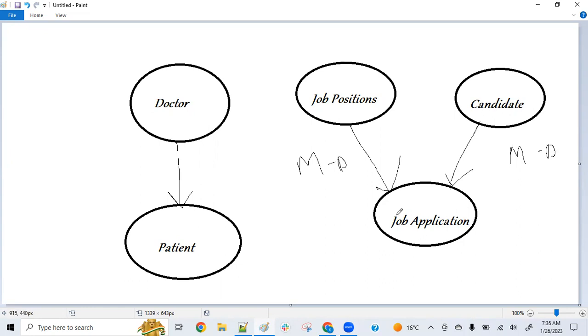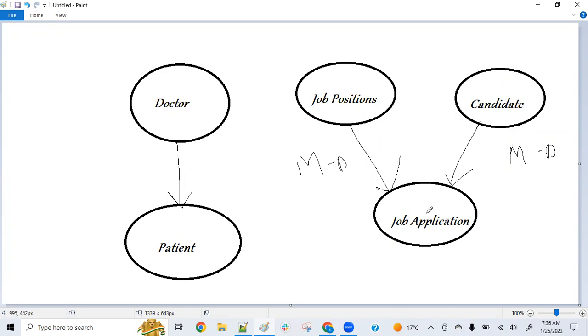a junction, or many to many relationship. Because if I start applying, one application I will apply for Salesforce admin. So what is the candidate? Let's suppose Pawan. Then another application I'm applying for the position developer. But what is the candidate again? Pawan only. That means now Pawan is submitting two applications for two different job positions. When I'm creating the job application, I can choose position, I can choose candidate. Like that, how many applications can I create? As many as I want. If I want to apply for 10 positions, I can create 10 job applications itself,